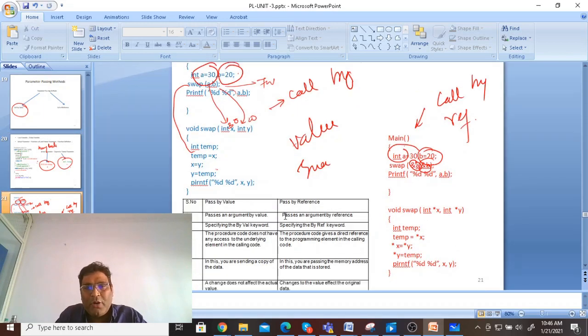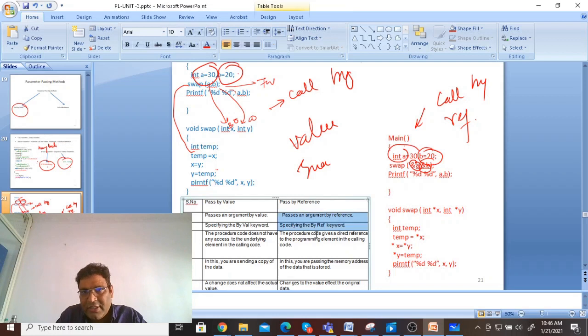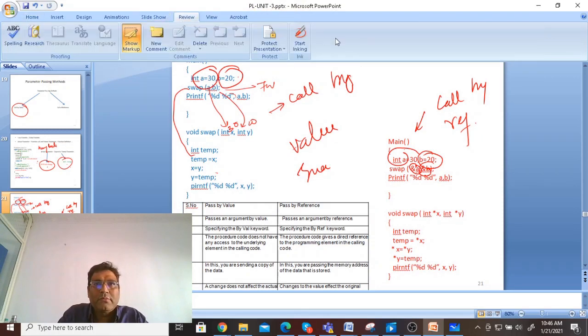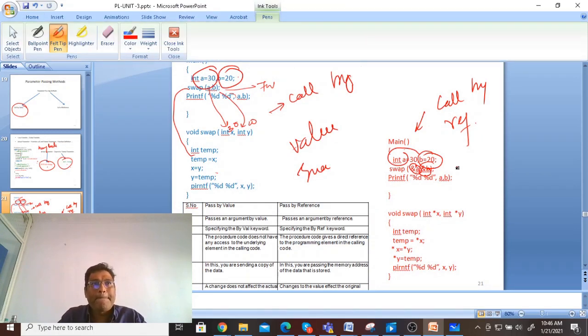So what is this? Call by reference: pass argument references, specified by keyword. Yes, the procedure code is given. What does this actually mean? The value will be changed, let's move on.